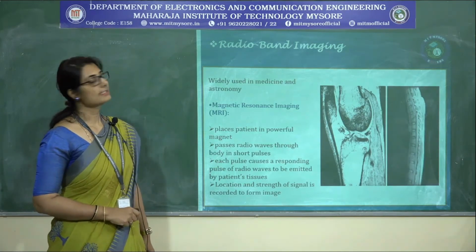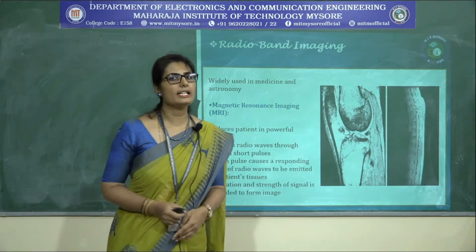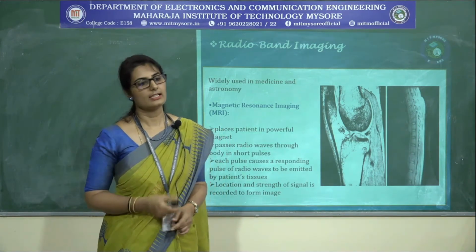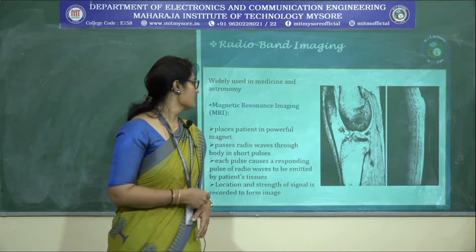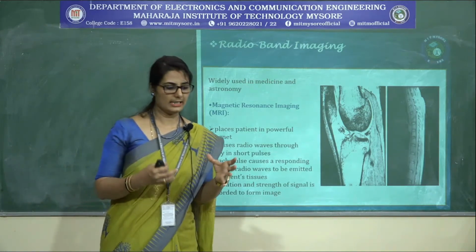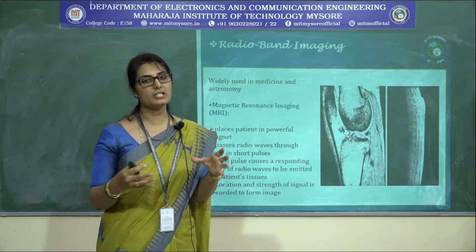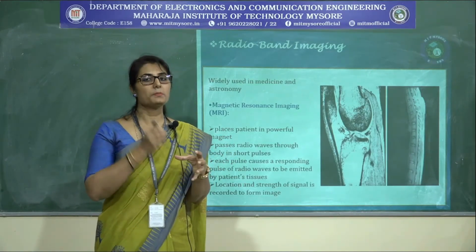The next is radioband imaging. Radioband imaging is widely used in medicine and astronomy. In medicine, it is mainly used with magnetic resonance imaging. This means that in this case, the patient is placed in a powerful magnet and short radio pulses